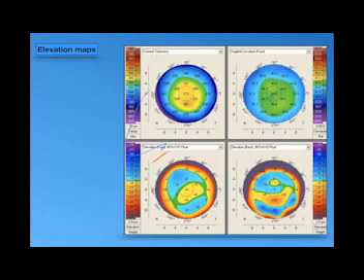Yes, of course there is a difference between the best fit sphere and the ellipsoid fit sphere map. But the commonly used is the best fit sphere, which is easier and simpler than the ellipsoid map, which is used in case of a high astigmatism. If any patient with high astigmatism